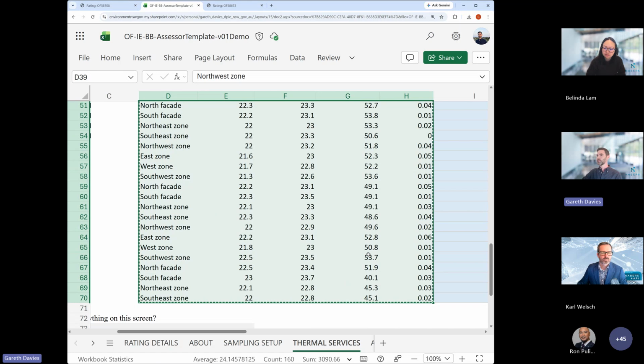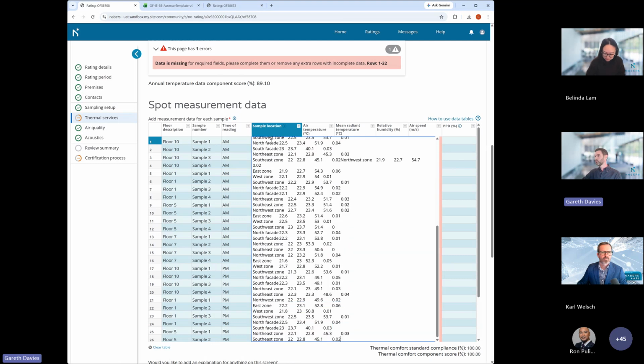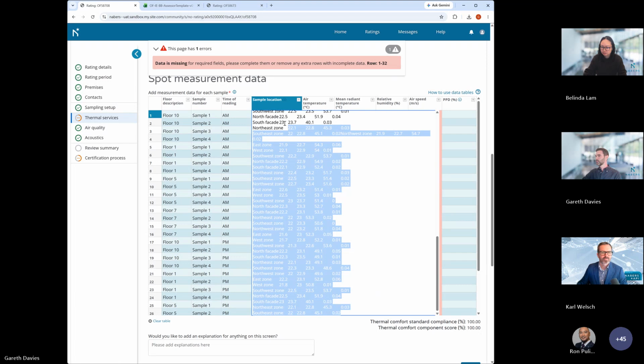Control C. I'm going to come back into Perform. I'm going to click in the first column here and Control V. Oh, let's try that one again.